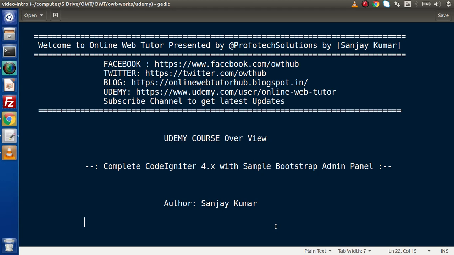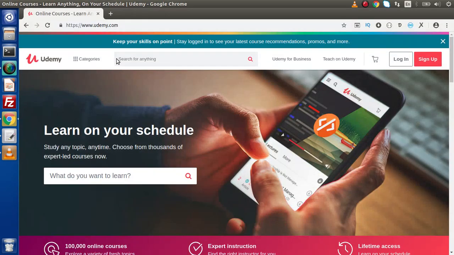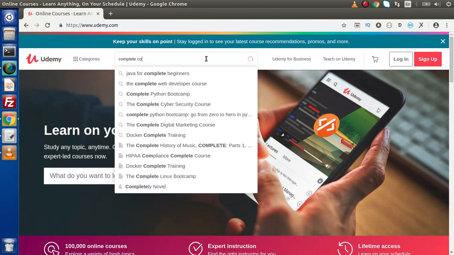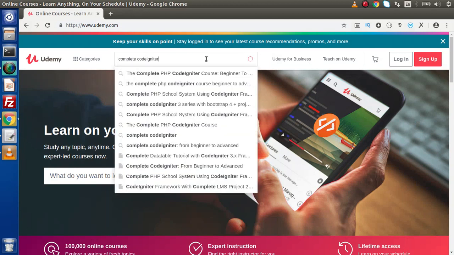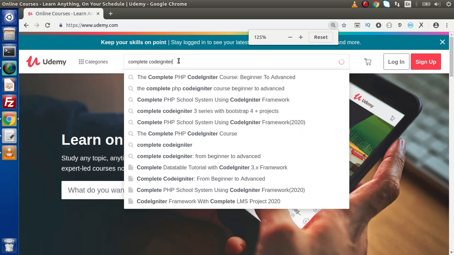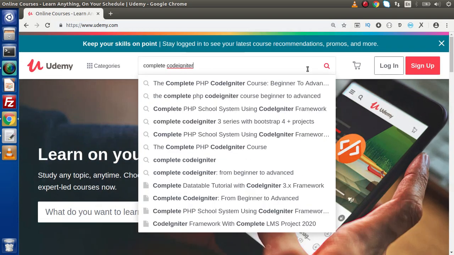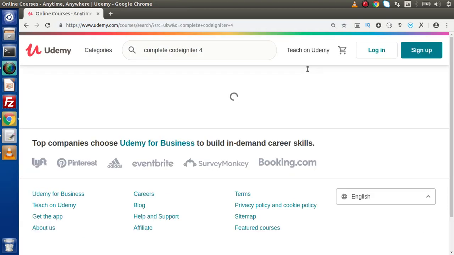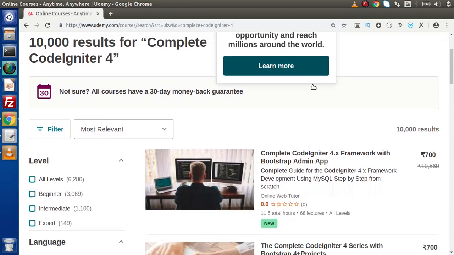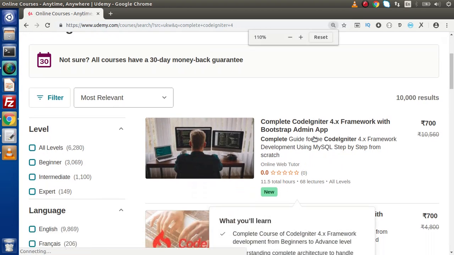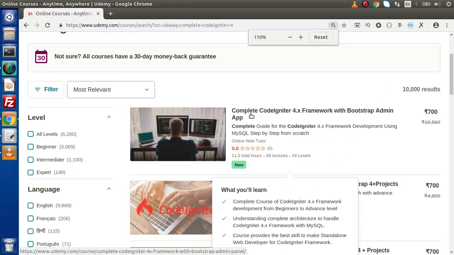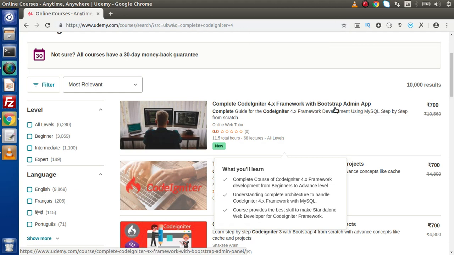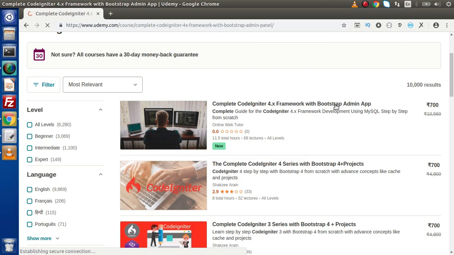an admin panel developed. If I go back to the Udemy official website and search with the keyword "complete CodeIgniter 4", and press enter, here we can see a course called Complete CodeIgniter 4.x Framework with Bootstrap Admin App. Now if I click on this link,